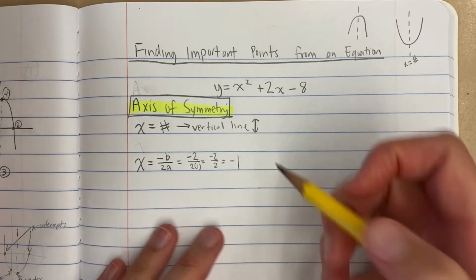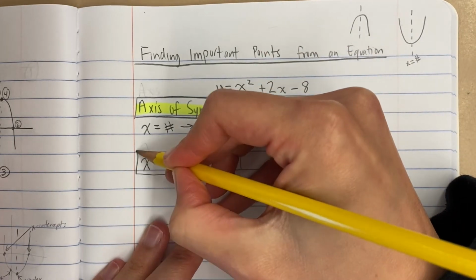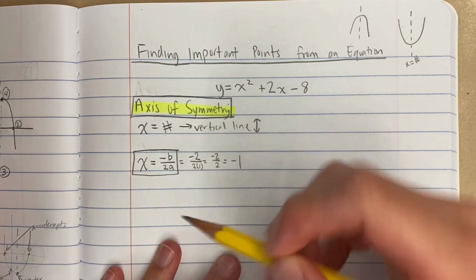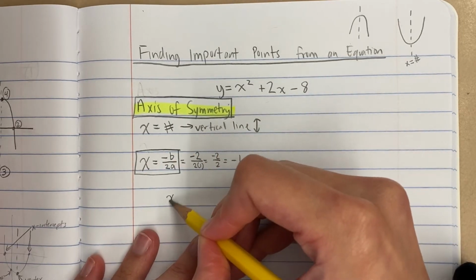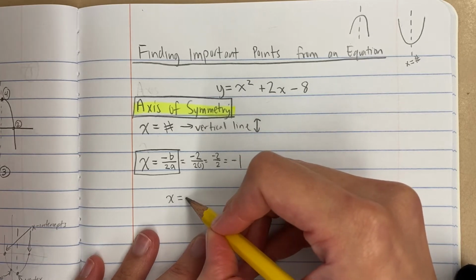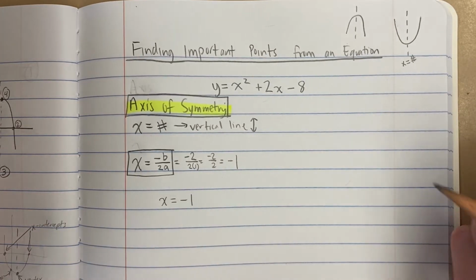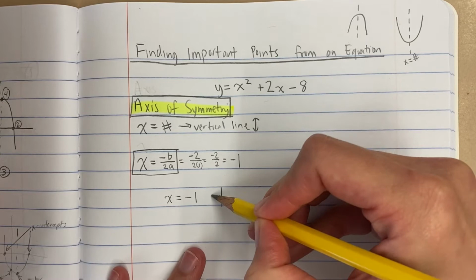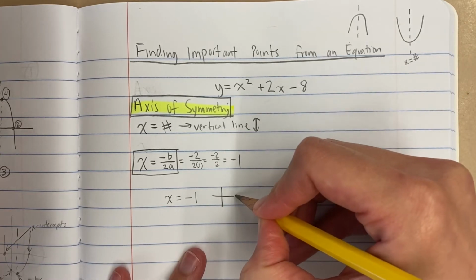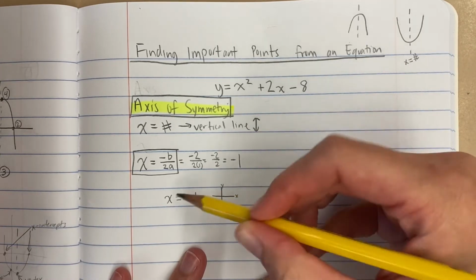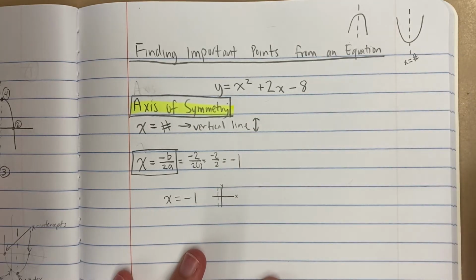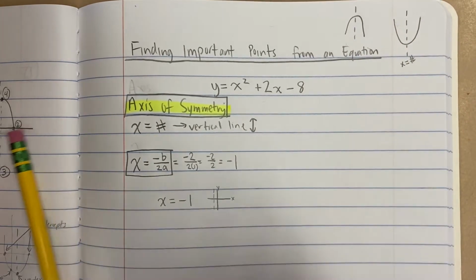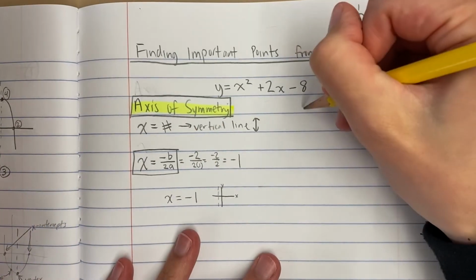Okay, so this is what you need to know. This is the formula for the axis of symmetry. And in my example problem, my axis of symmetry is at x equals negative 1, which is a vertical line. Like if I had a graph like this, here's my x-axis and my y-axis, my axis of symmetry would be right here at x equals negative 1. Okay, let's talk next about how to find the vertex